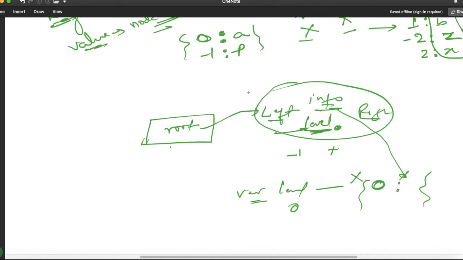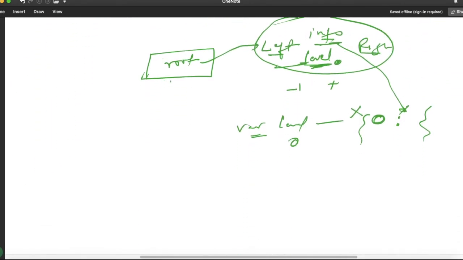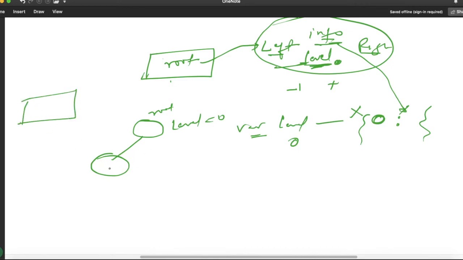Let me explain here again one more time. Suppose this is my root, and the variable to which we assigned 0 was level, correct. This was my root, so its level value is 0. Now we have traversed to the left side, and one child was present on the left, so we put this child in a queue. Suppose its name was x, so we appended this x to the queue, and after that we have to subtract 1 from this variable 0.